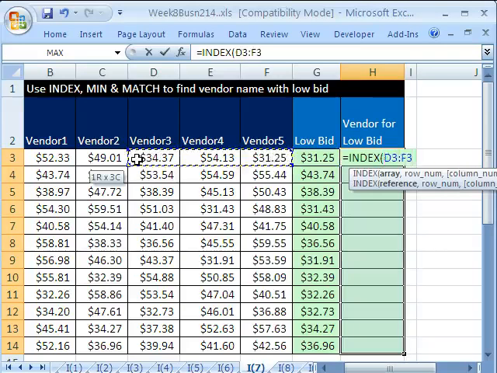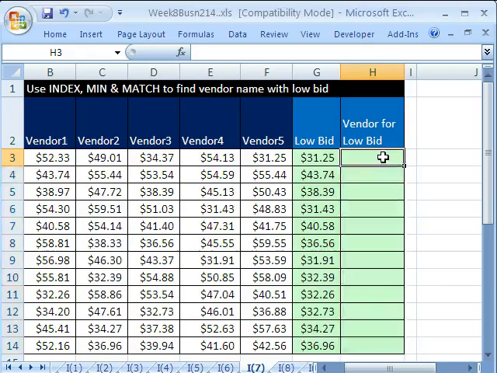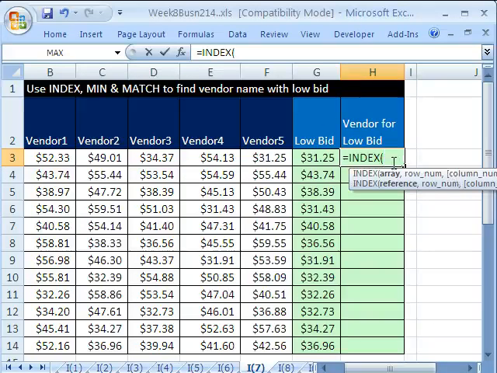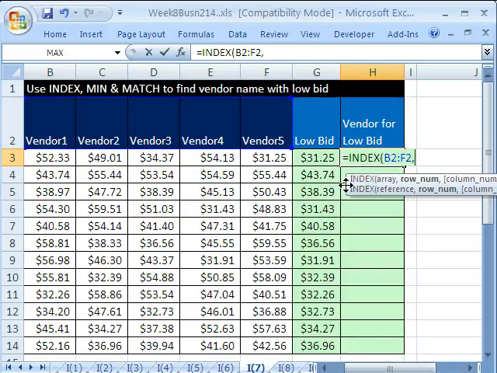That's the MATCH. We've got to get our values array. We want to look through these values, find the lowest value, which would be right here, and then return the vendor. So we're going to click here and do our INDEX. The array, the thing we're looking up, is the vendors, comma, and then all we need is a